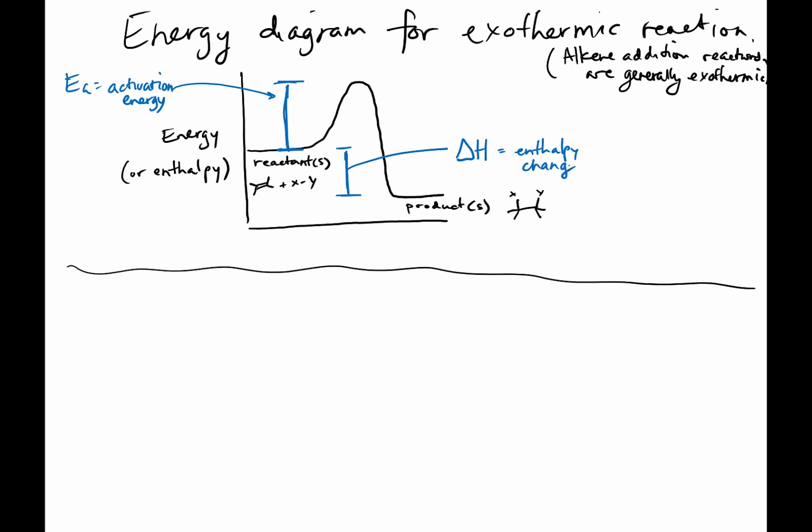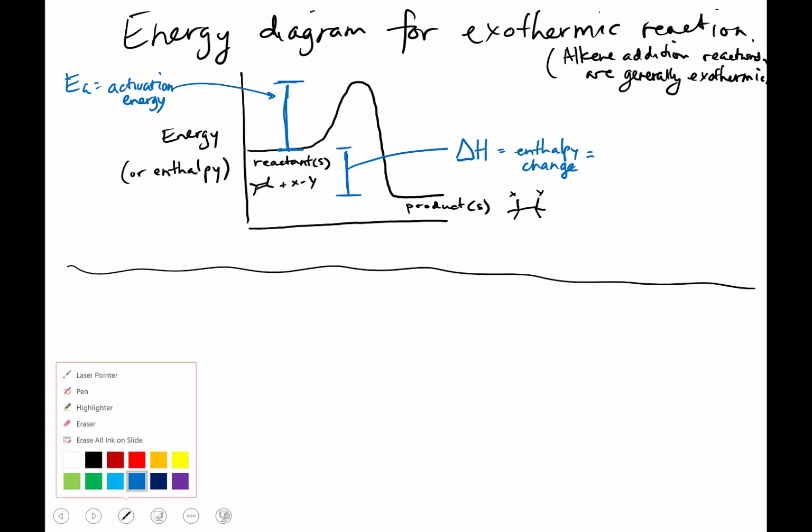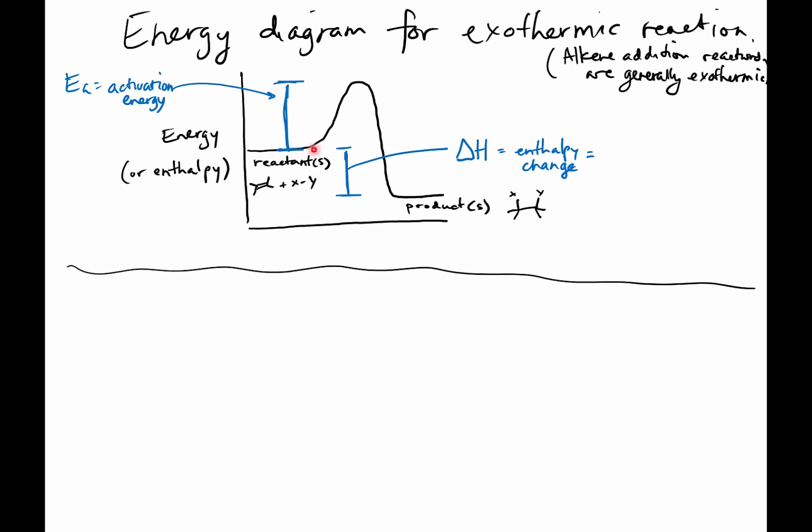Or if you're talking about just potential energy on the y-axis, we could just call it energy change, but normally we call it delta H, or enthalpy change. In this case, if you think about this with me, my reactants have more energy or enthalpy than my products, which means there must have been, along the way, a release of enthalpy, of heat energy, or just potential energy. Either way, we're saying a release of energy. So in this case, the enthalpy change is negative